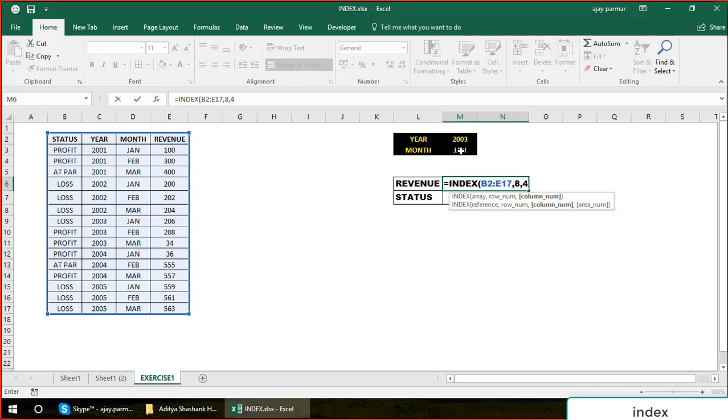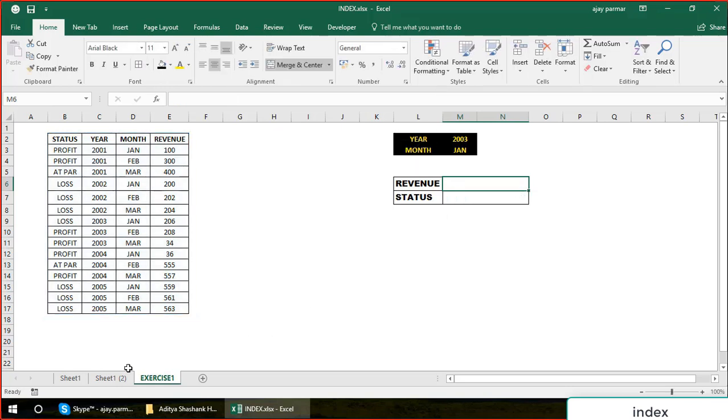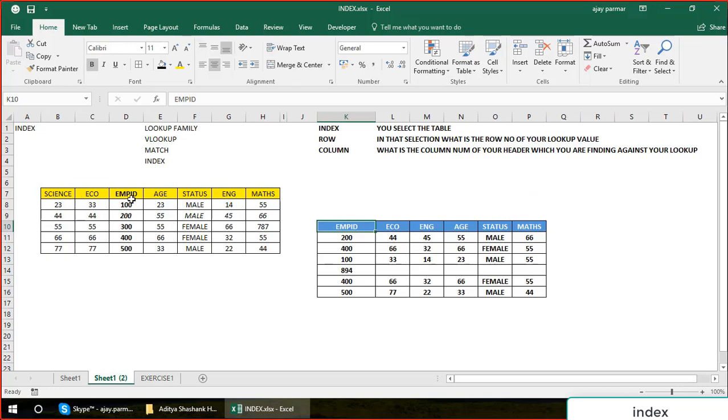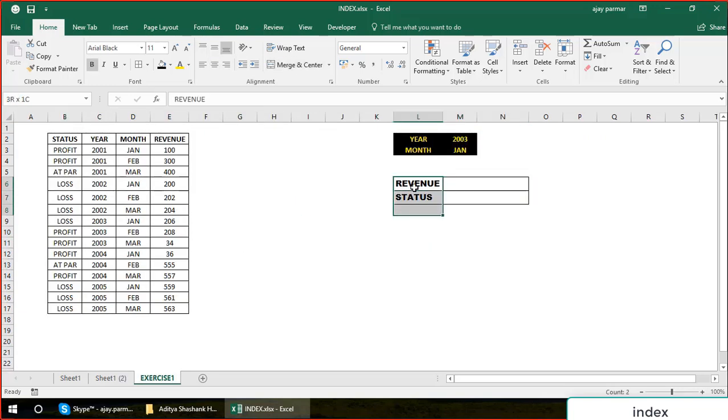The other important thing, if you have noticed, is that in this case your headers are totally changed, guys. Your revenue column header is now coming here, and the other headers are coming on the top. So it's not the kind of data where you have the employee ID going in this direction, lookup going in this direction, and the headers going in this direction. Here your headers are actually going in this direction, so you should not be confused about it. I mean, what I'm trying to say is,